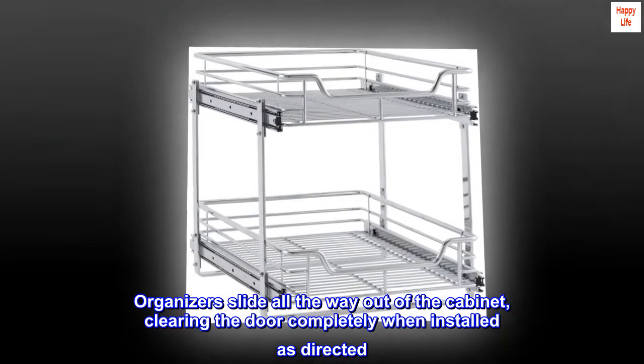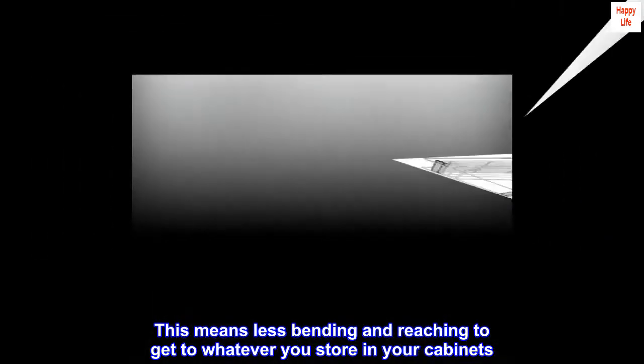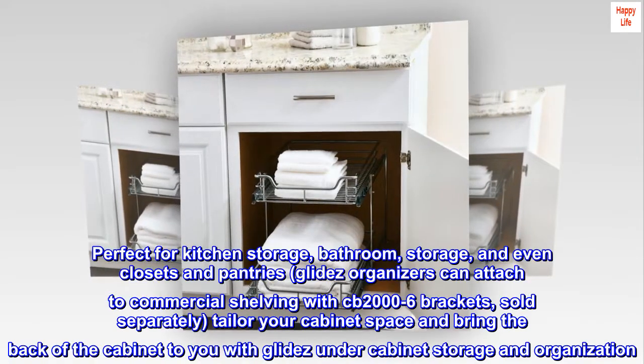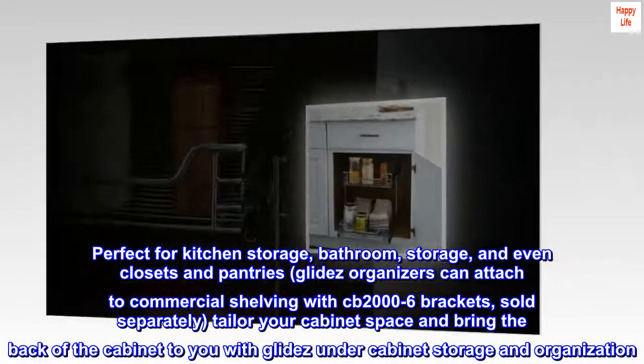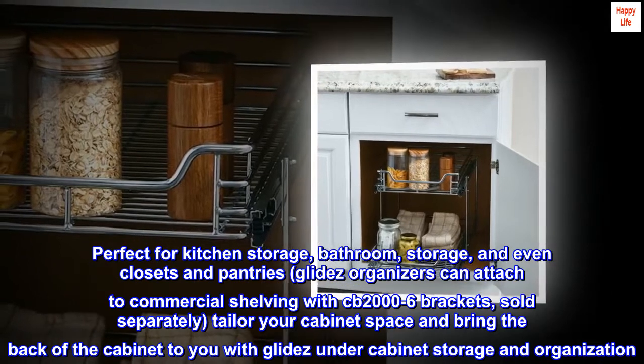Organizers slide all the way out of the cabinet, clearing the door completely when installed as directed. This means less bending and reaching to get to whatever you store in your cabinets. Perfect for kitchen storage, bathroom storage, and even closets and pantries, Glidez organizers can attach to commercial shelving with CB